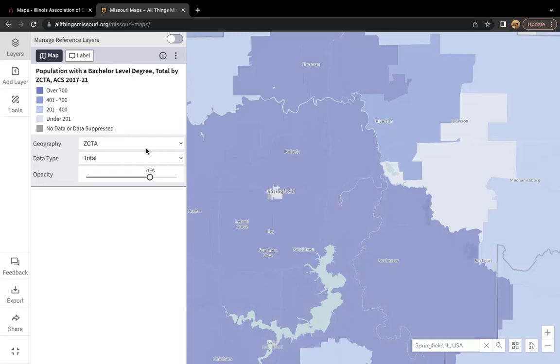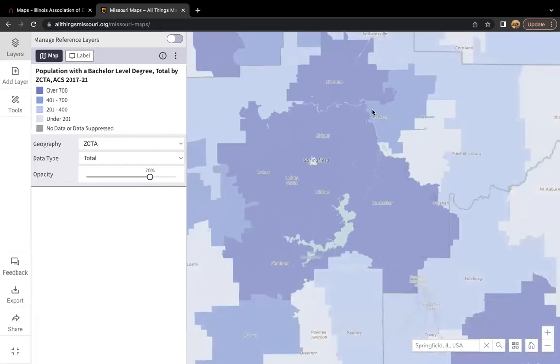Something that we are going to focus heavily on in this third webinar is how to customize these maps. A few special features include the ability to export map data as a CSV, to take map data that is represented spatially on your map and turn it into an Excel file or a table.